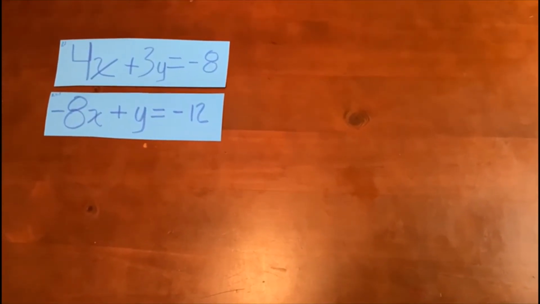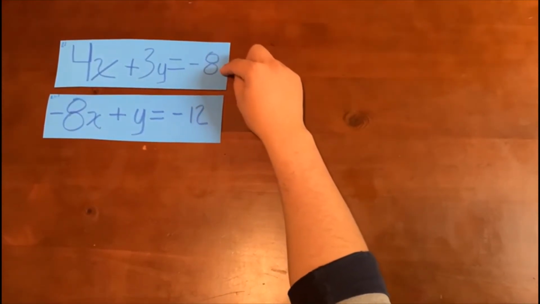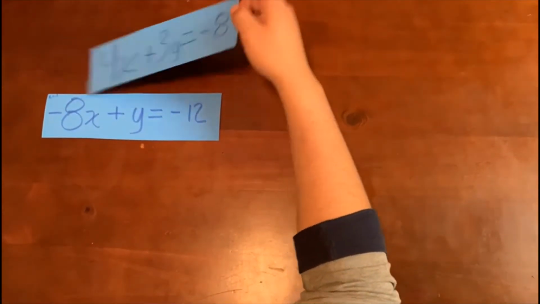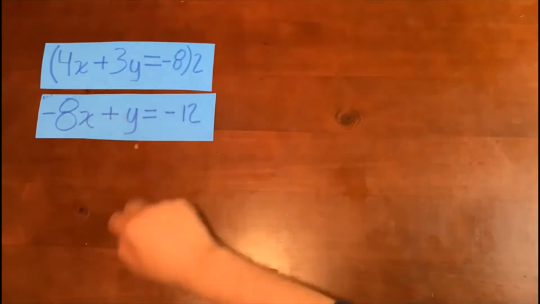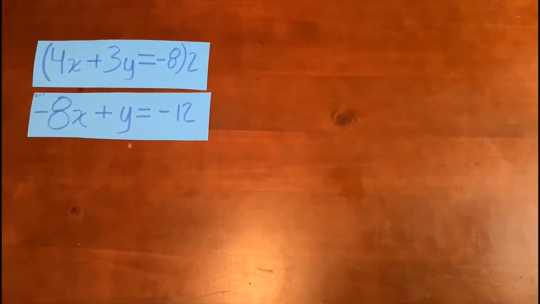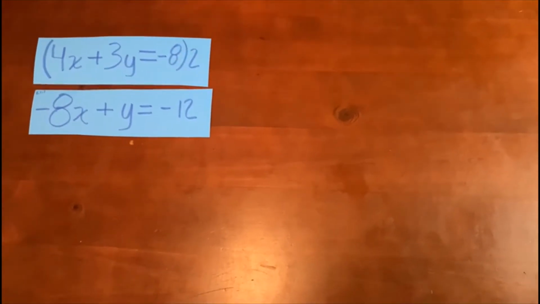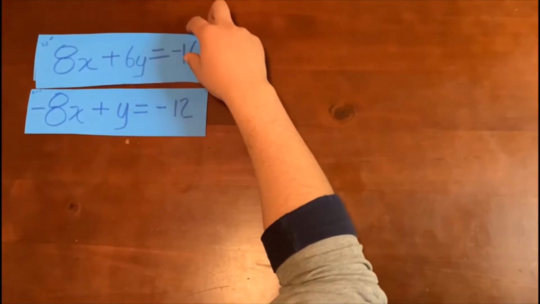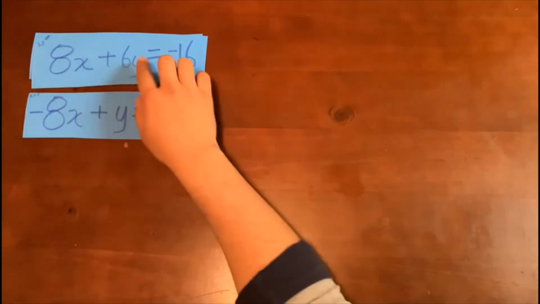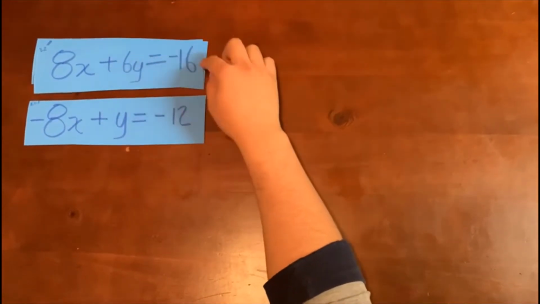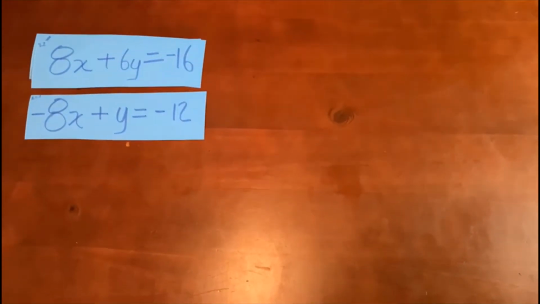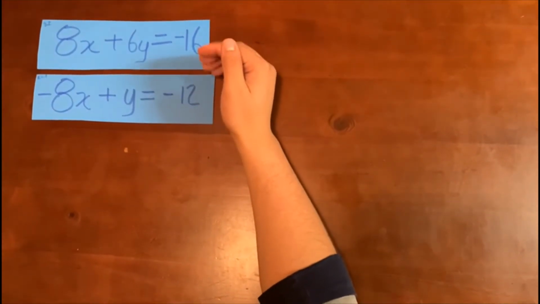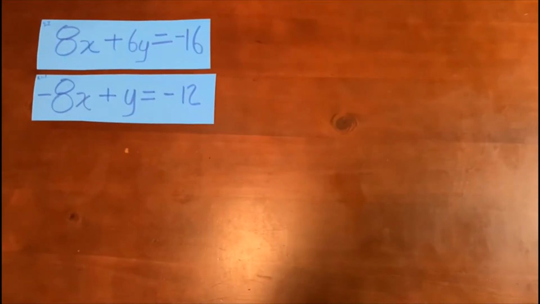We first gotta make this equation equal to this equation. So what we will do is multiply everything inside of it times 2. Now that we multiplied everything times 2, we get this new equation: 8x plus 6y equals -16. Now that we have our system of equations set up, we can go ahead and